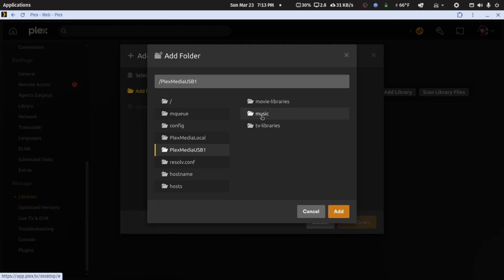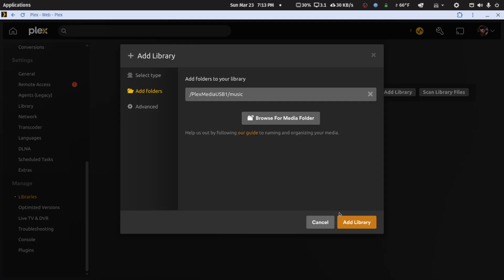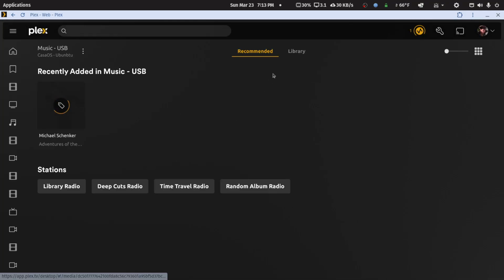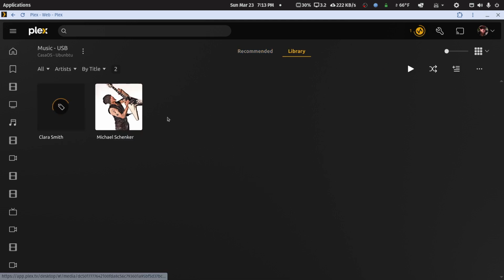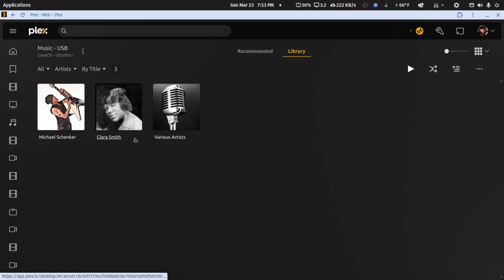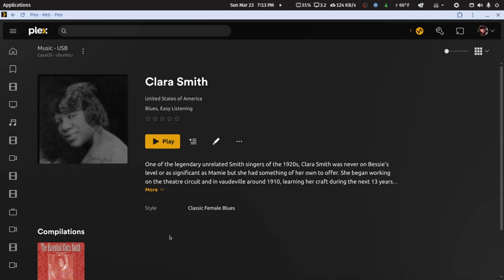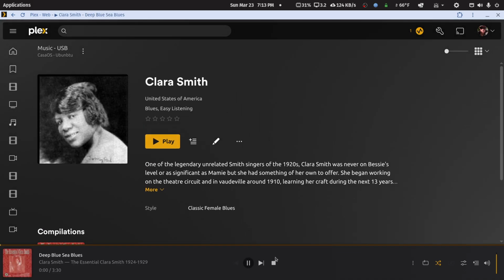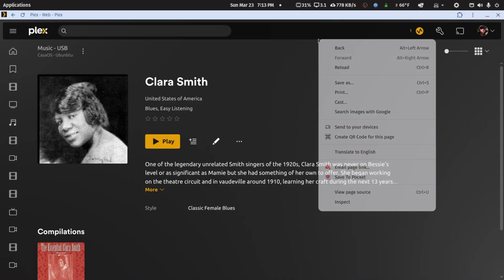I can see the music library folder. I can see the music, which means Plex has permission, and I'm going to add that, and voila, we have a music library. Now this is some public domain stuff too, so let me just play one song to prove that we have a connection. So that's